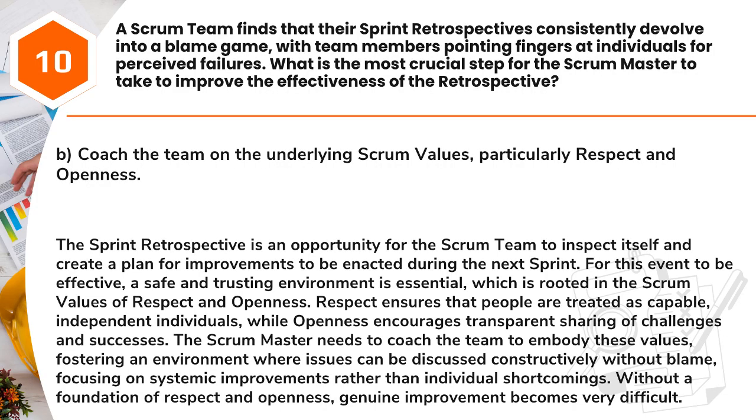Answer: B. Coach the team on the underlying Scrum values, particularly respect and openness. The sprint retrospective is an opportunity for the Scrum team to inspect itself and create a plan for improvements to be enacted during the next sprint. For this event to be effective, a safe and trusting environment is essential, which is rooted in the Scrum values of respect and openness. Respect ensures that people are treated as capable, independent individuals, while openness encourages transparent sharing of